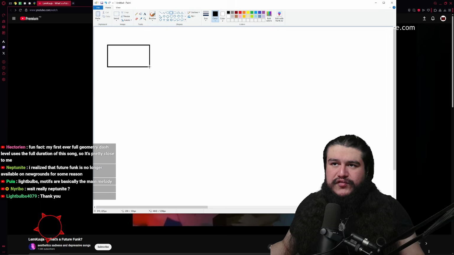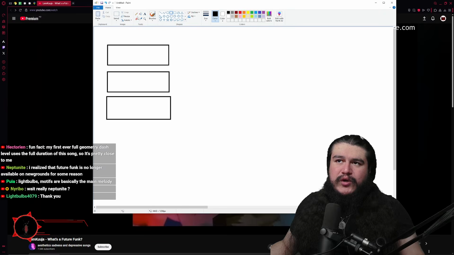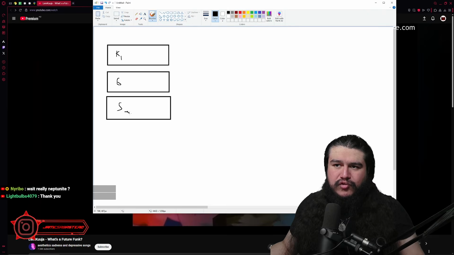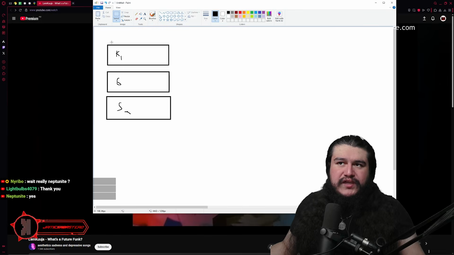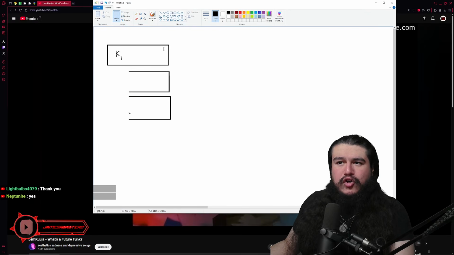So we were to be chopping, let's say we had track number 1, track number 2, track number 3 playing, and the way we would be doing this, so let's say this is keyboard number 1, we have guitar, and then we have, I don't know, synth number 2, keyboard number 2. Basically, there would be spots where only the keyboard is playing, and in the meantime, the other two are not playing.